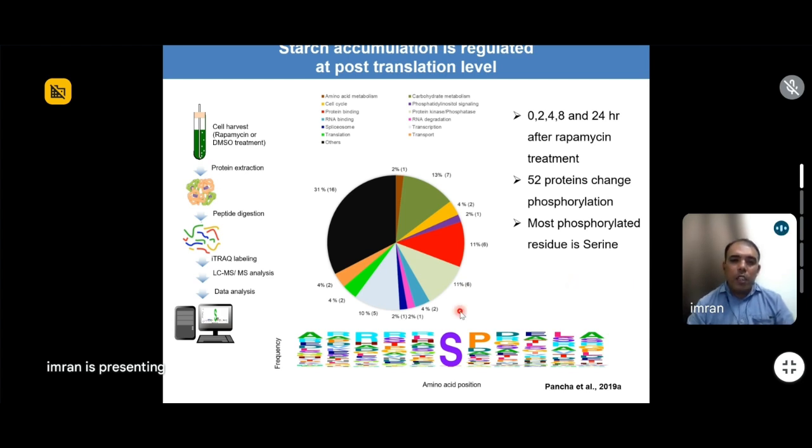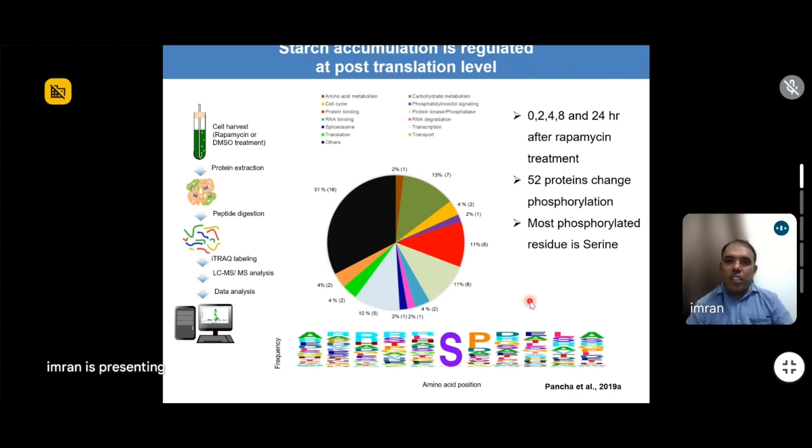Then we performed the motif analysis to see which motif is regulated. So we identified RXXSP, that is the motif that we have identified. When we compare the motif with the already available motif for yeast and mammals, these are the exact same motif. So we can say that maybe the motif through which TOR is regulating might be conserved even